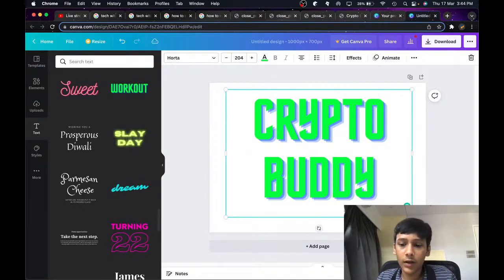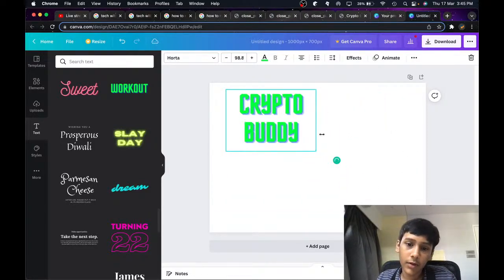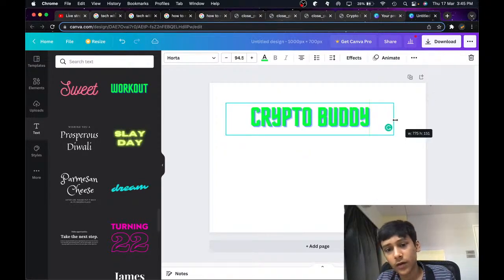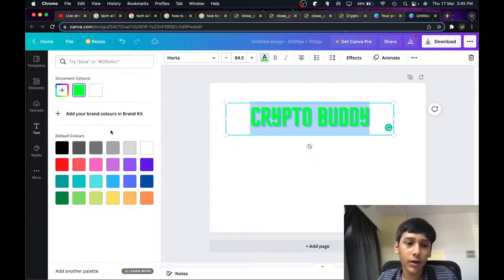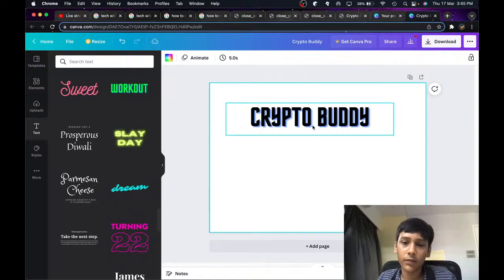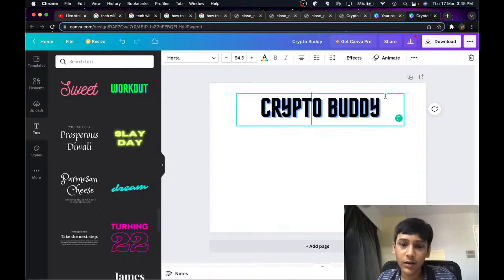And obviously, we do need to shrink it by a huge amount and make this a bit bigger. Also, I don't like it to be green. I'm gonna make it a different color, maybe black. Yeah, I think black kinda looks good. I know it's not the best logo, but yeah, let's just position it